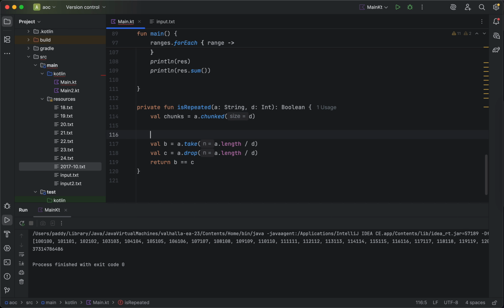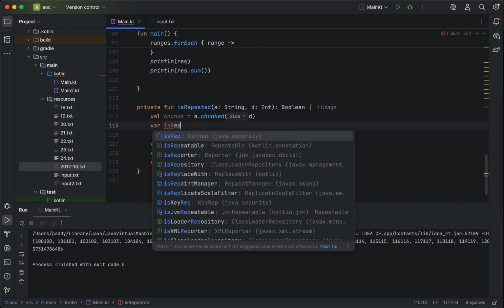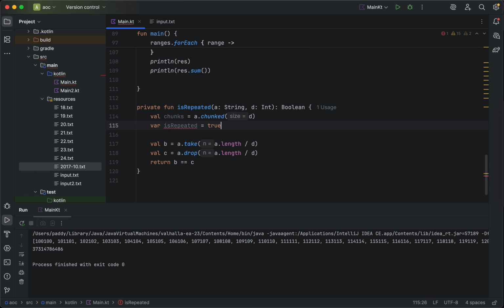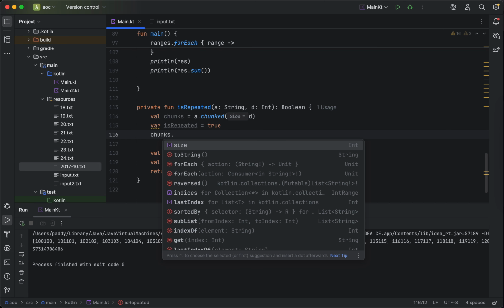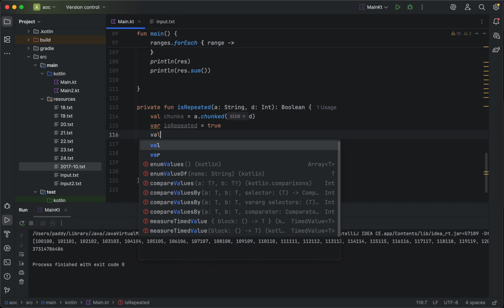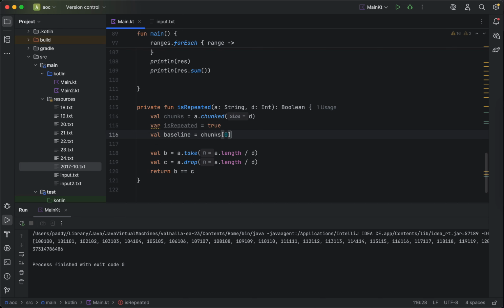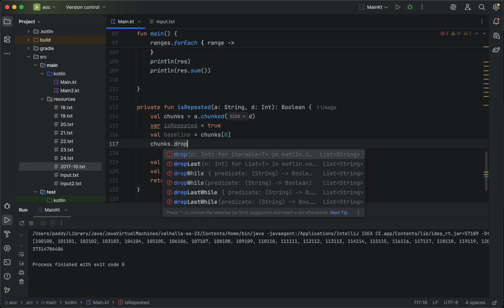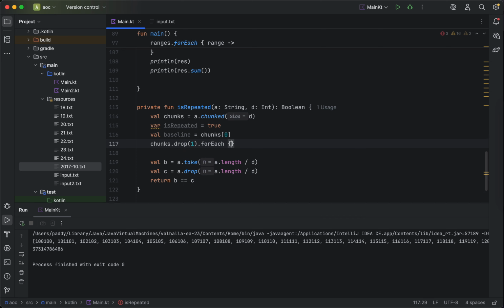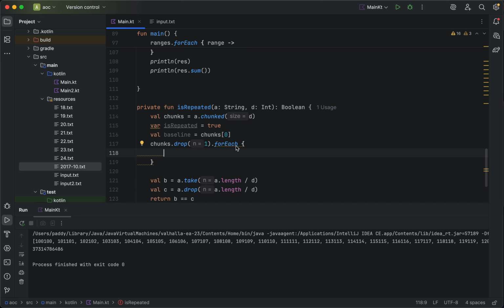I don't have to do anything crazy now, actually. I can just go, is repeated. And then I go, have like a baseline, which is my chunk's first chunk. And I go to chunks, for each and say is chunk